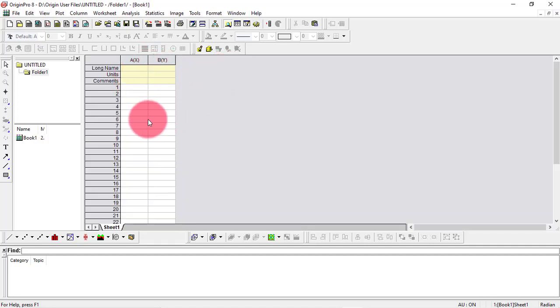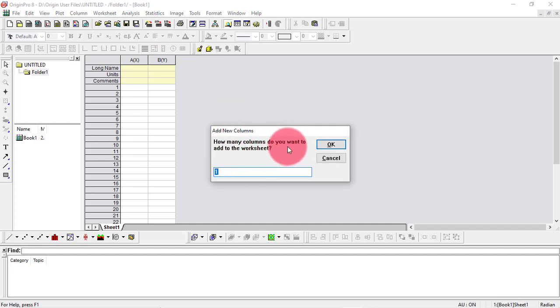Here we have two columns, A and B. Column A stands for your independent parameter and column B stands for your dependent parameter. You can add more columns by pressing Ctrl D, which will ask you how many columns you want to add to your worksheet.